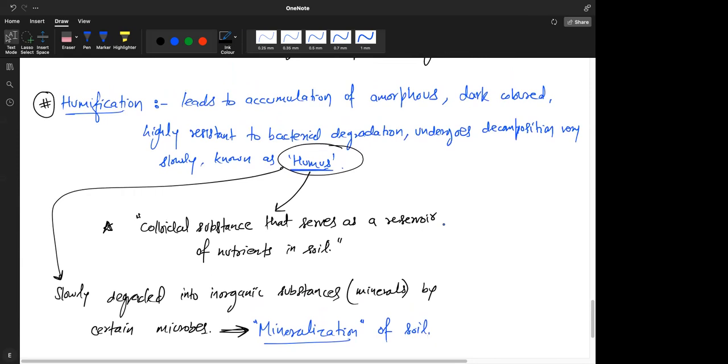Is that clear, everyone? Yes, sir. So that's all you need to know about decomposition and productivity. In the next class, that's tomorrow, we will talk about energy flow and ecological pyramids, or energy pyramids, energy, mass, everything. We will learn about pyramids. Before nutrient cycling, let's take nutrient cycling at the end, and let me first talk about ecological succession. So that we'll do in tomorrow's class: energy flow, ecological succession, and ecological pyramids.